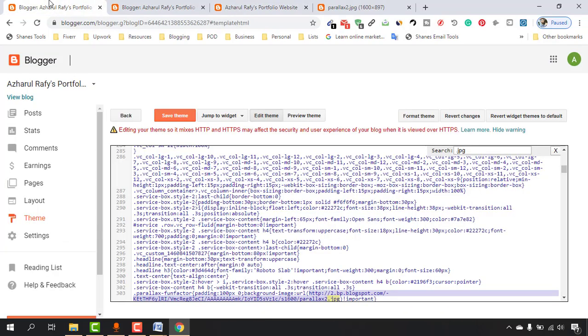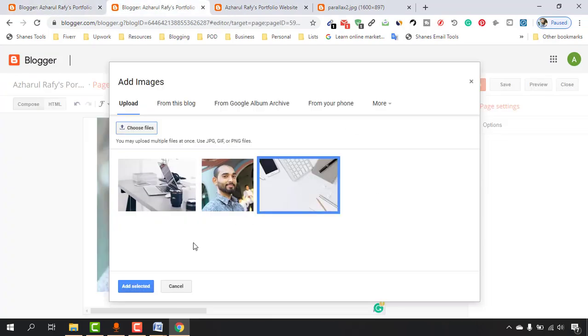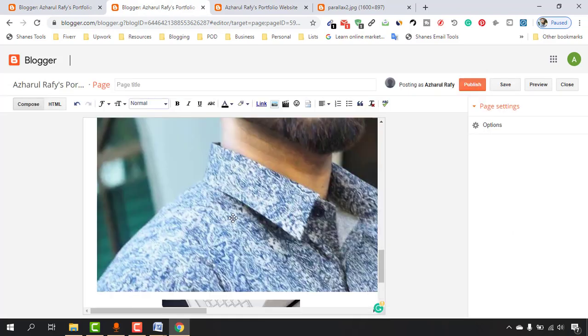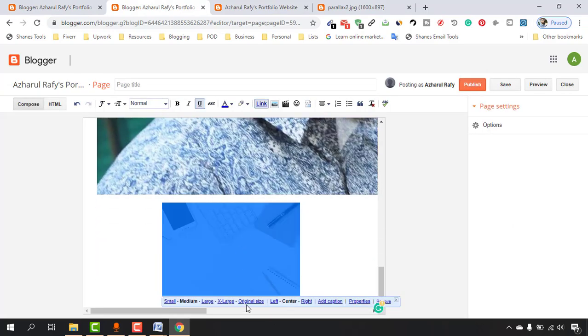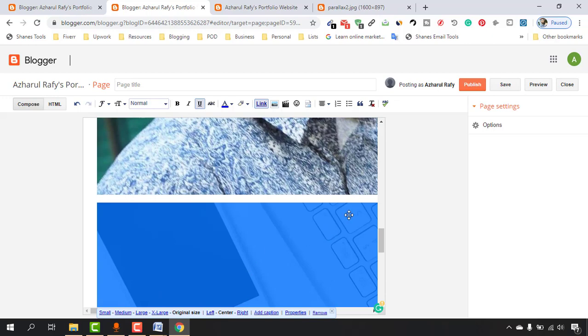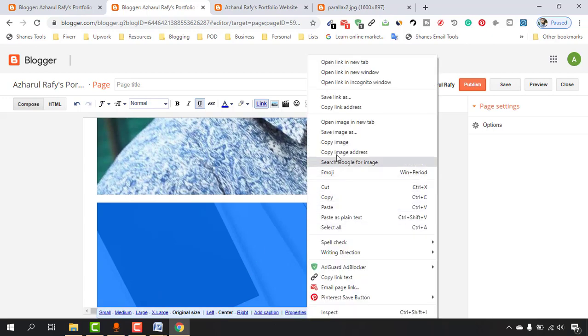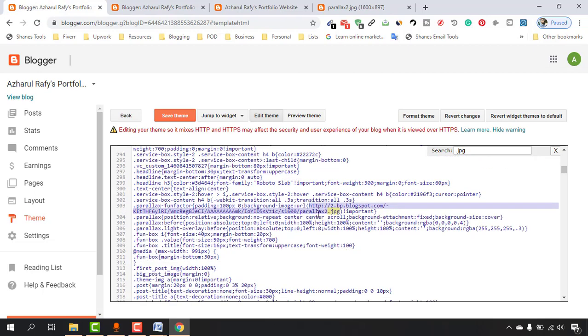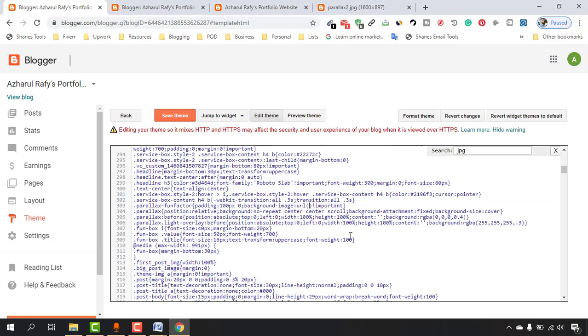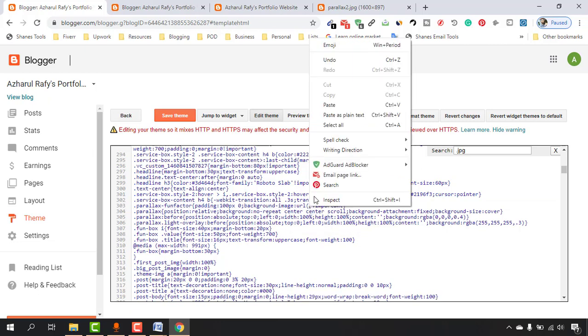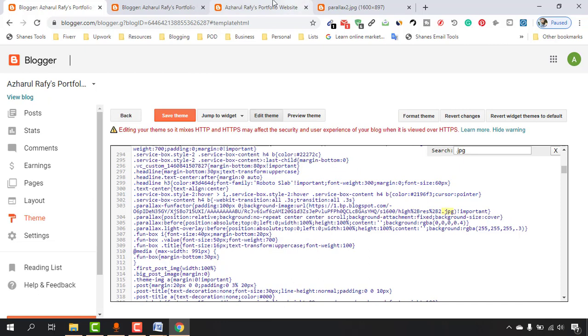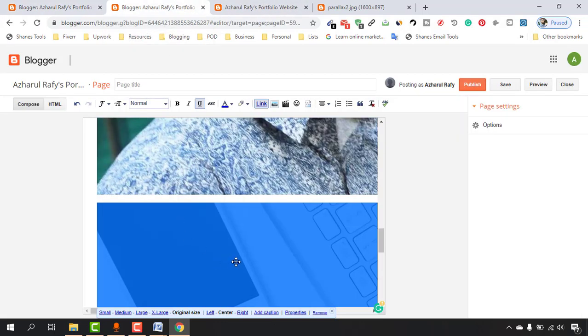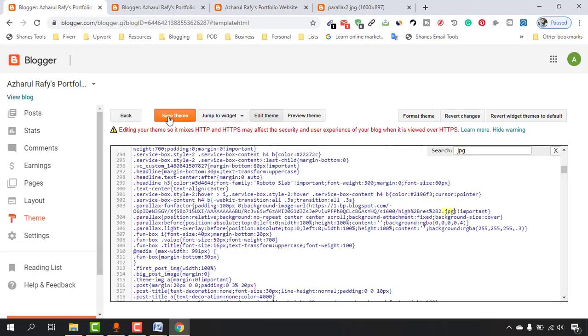Let's select this image, add selected, and click on original size. After that, copy the image URL, copy image address. Then again select from HTTP to this JPG part, delete them, and paste the URL which you have copied from here. Now if we click on save,